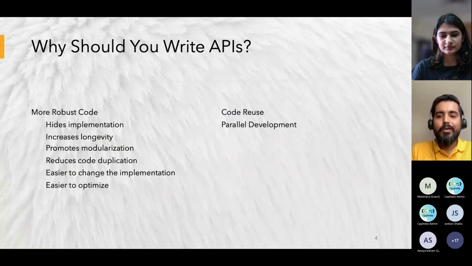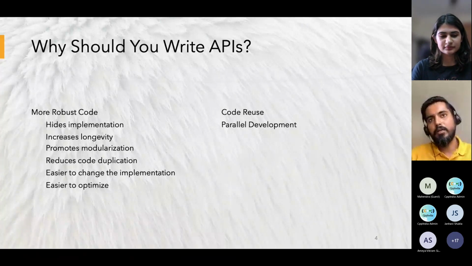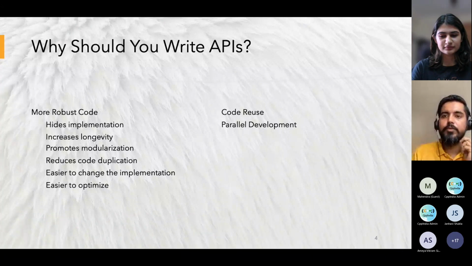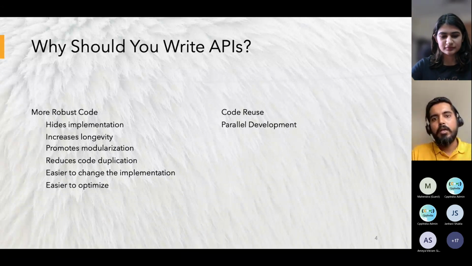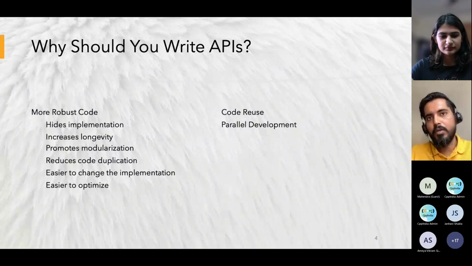And if you expose your internal implementation, your code and internal stuff is exposed. What will happen is that clients may mess with the code and come up with something which will look like spaghetti. That is what we call spaghetti code, where all the things are jumbled.